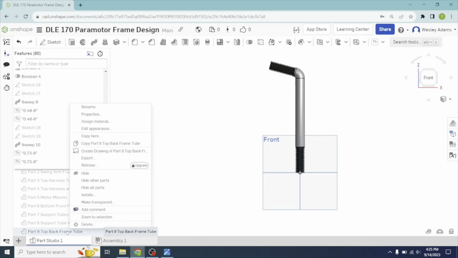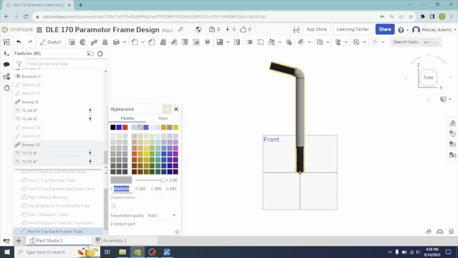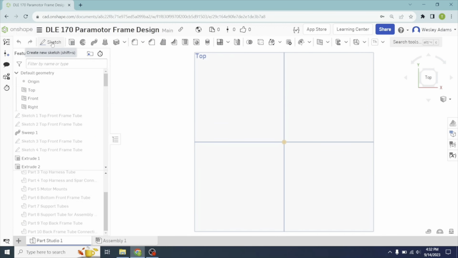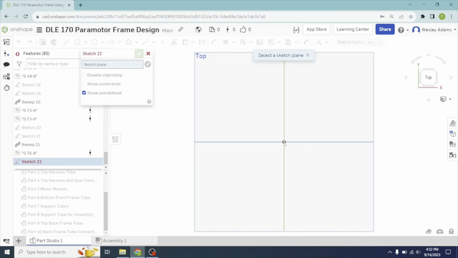Let's right click on part 9. Let's go up here and edit appearance. Let's give this a light blue color. Alright, let's go up here to the navigation cube. Let's left click top plane, come over, left click on the sketch, hover over the center, or left click on